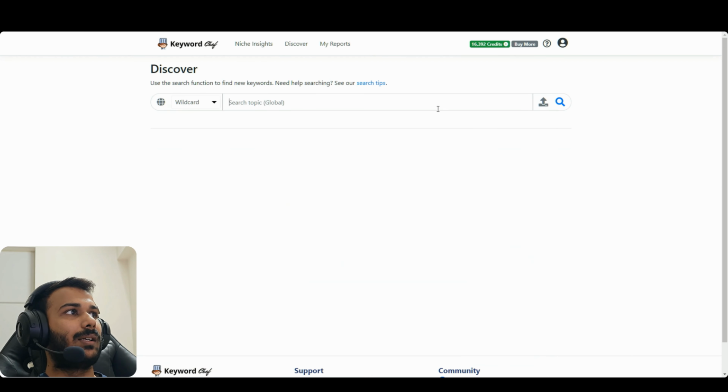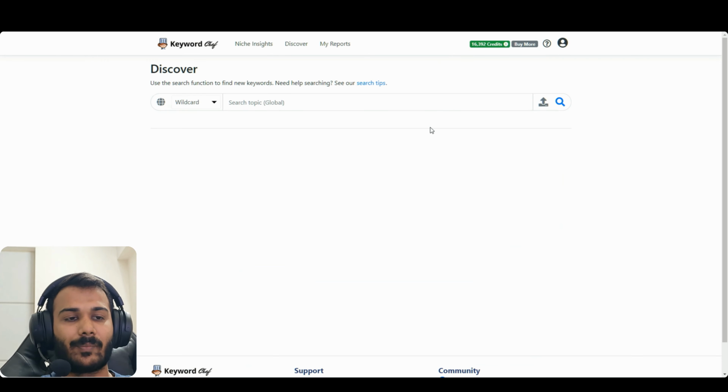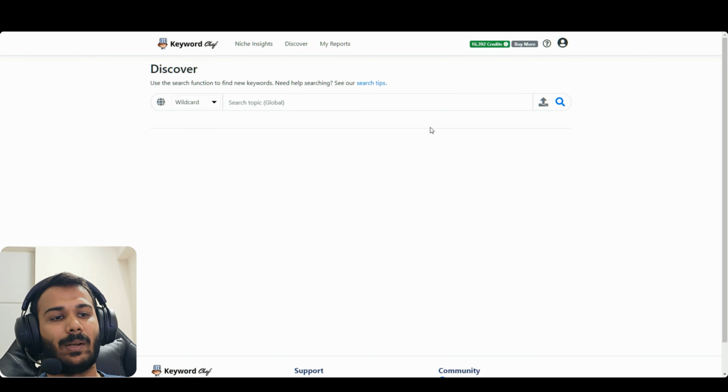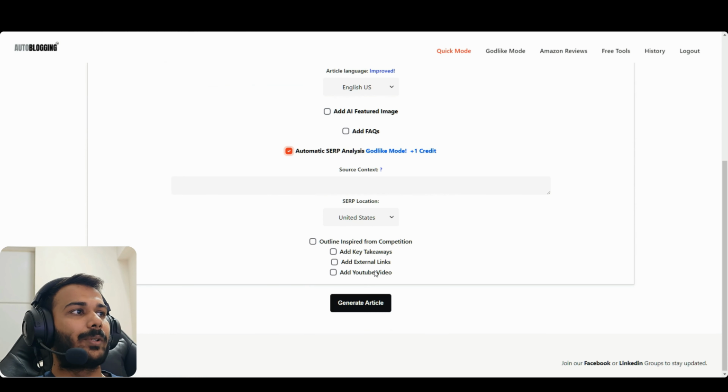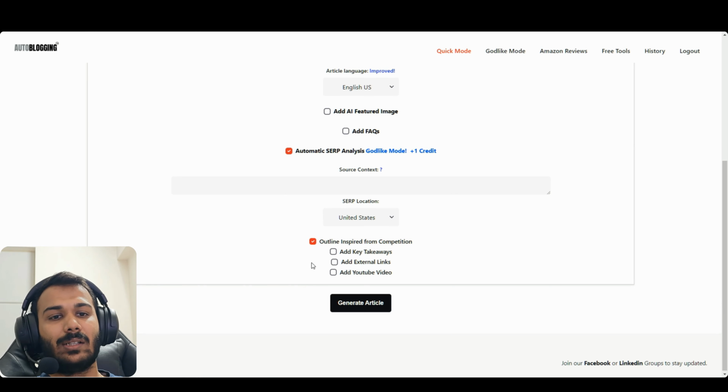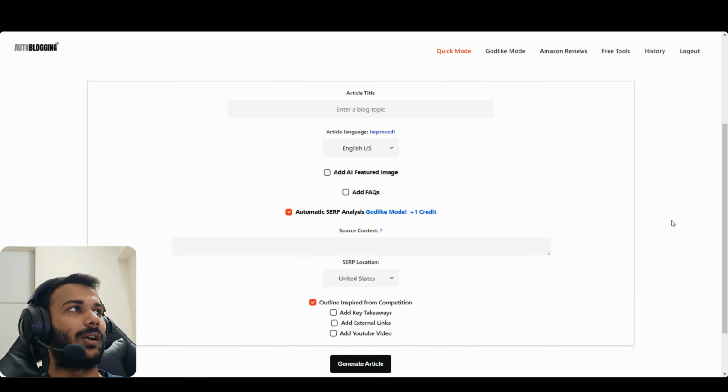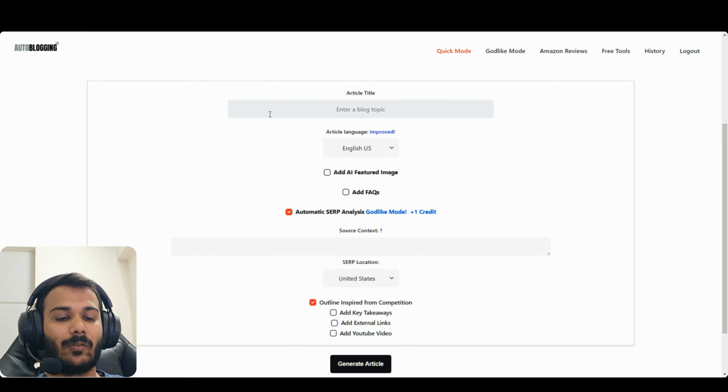Other than that, I think we can do all the states in the US so that people can actually find real locations. And when I'll be bulk generating articles, there's this option called outline inspired from competition. What it will do is go on the SERPs and look for actual legit businesses out there, and it will create a new outline based on those businesses. So our articles might be really factual. So for example,